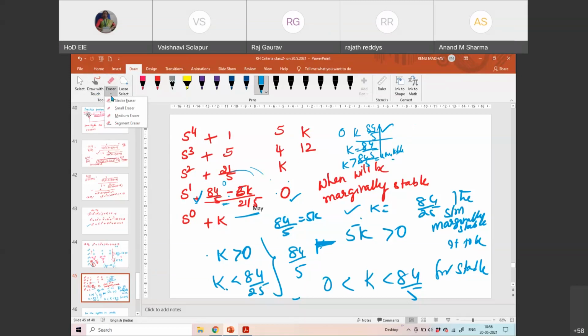So these are the things that you have to analyze, understand and apply. You have to practice many problems. Look into the textbooks and solve unsolved problems asking you to find the range of k for which the system has all three different conditions. And in the marginally stable condition, if it is asked what is the frequency of sustained oscillations, you should be able to get the auxiliary equation, which is 21 by 5 s square plus k equal to 0. Find the roots of this, and those are the poles on the imaginary axis. So with this today we covered difficulty 1 and difficulty 2.